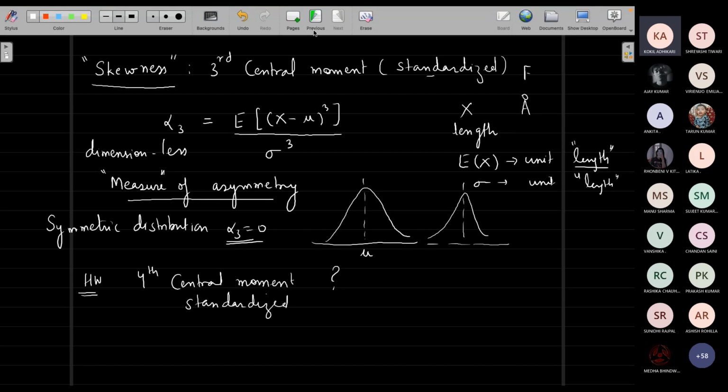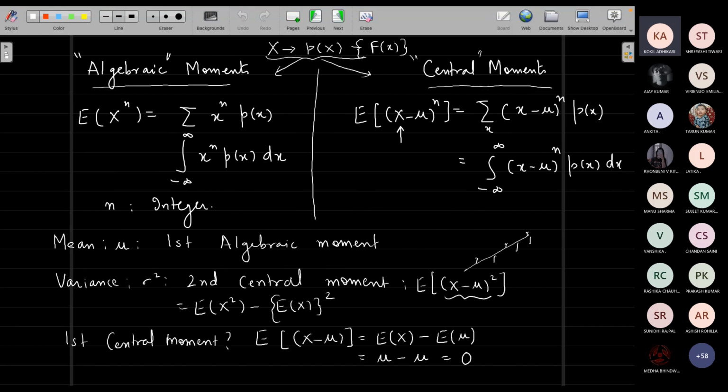Because an interesting feature which I wanted to tell you is that the mathematicians gained a lot by using this word. Remember that what we are describing, probability and statistics, is a branch of mathematics. We use it in physics heavily, but it's a branch of mathematics. And the ones which we call algebraic or central are the mathematicians' ones. But the word moment came from physicists, from the moment of inertia. Moment of inertia is the first one when we started using it. So what was moment of inertia? Can somebody remind me? What was moment of inertia?